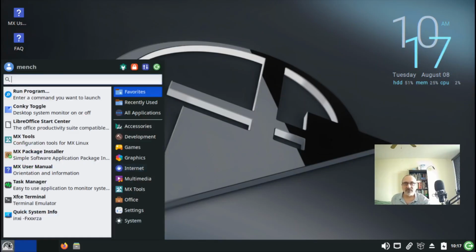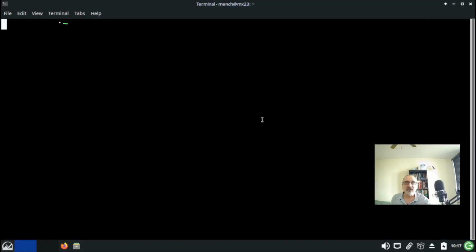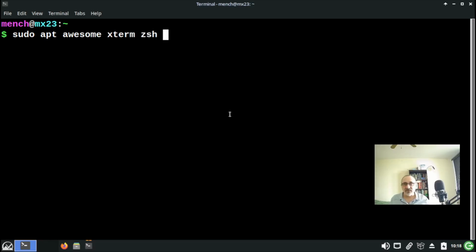So now what I'm going to do is go into a terminal, the Xfce terminal, and install some stuff in the terminal. Let's see, I'm going to run sudo apt install awesome. I'm going to install the awesome window manager. I'm going to install xterm because that's my favorite terminal. I'm going to install zsh because by default MX Linux is using the bash shell, and I love the zsh shell. That's my favorite shell. So I'm going to install zsh, and I'm going to install zsh